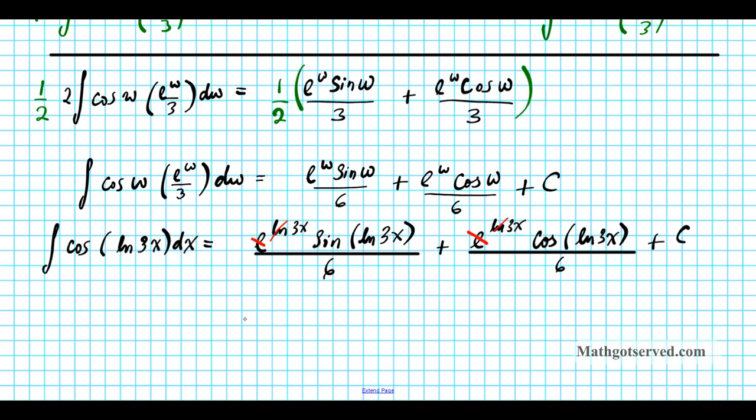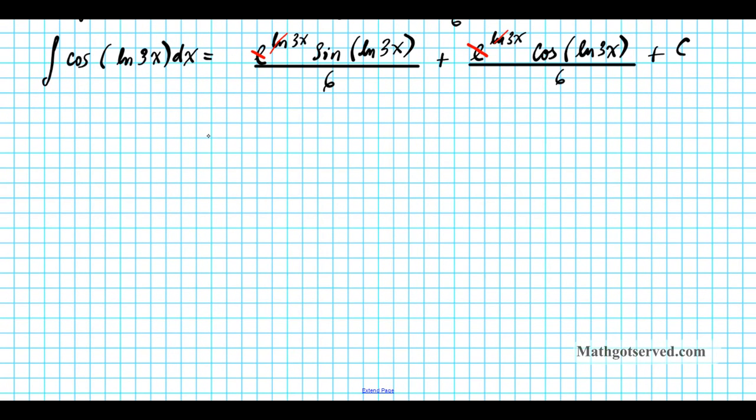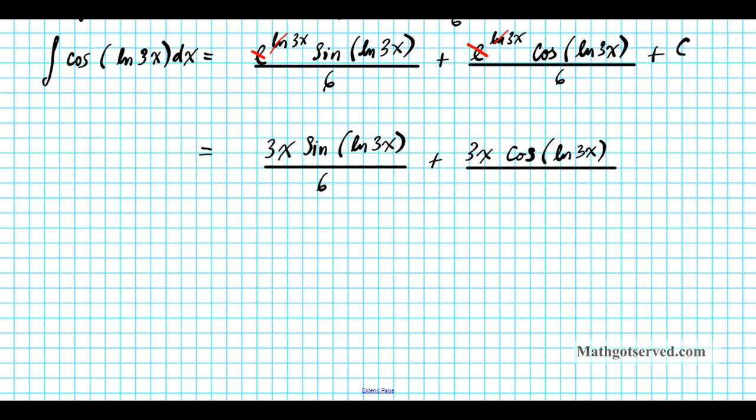So that's going to leave us with 3x sine the natural logarithm of 3x divided by 6 plus 3x cosine the natural logarithm of 3x divided by 6